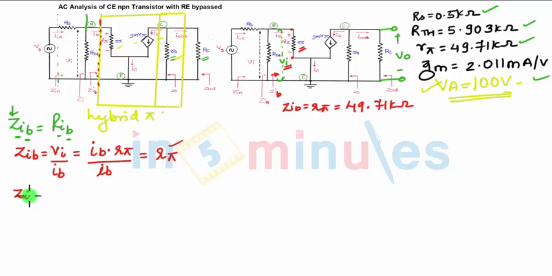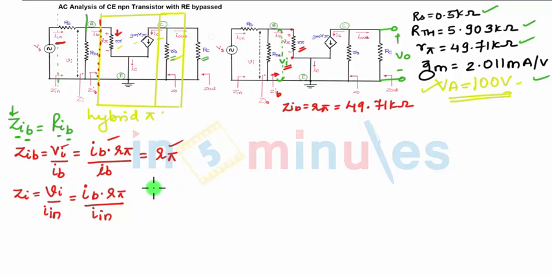Now coming to the next point, ZI. How can I write ZI as voltage VI and the current? I can write ZI as VI upon current flowing through RTH, which is I in, it is given over here. So I can write it as VI upon I in. Now VI can be written as IB into R pi. We have already written VI as IB into R pi. So I can write it as IB into R pi upon I in. Now I want the current flowing through R pi. So what is the current division rule?